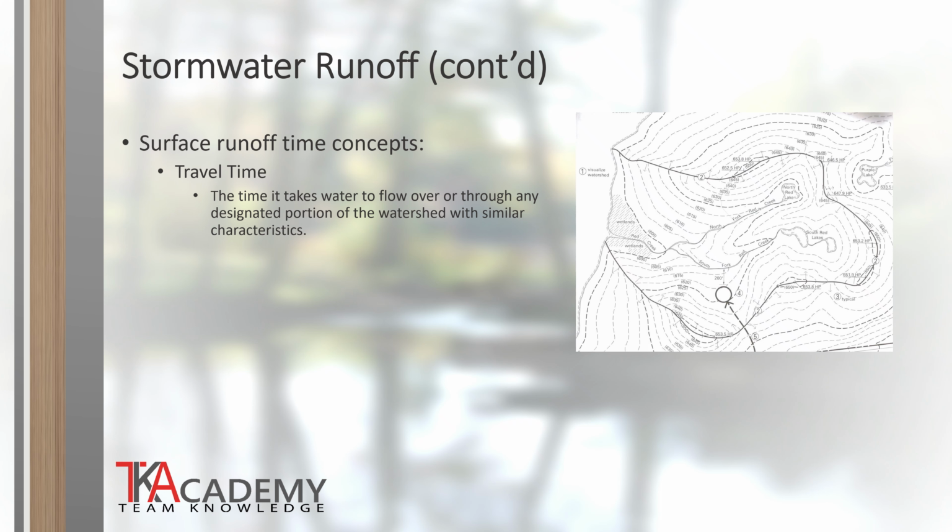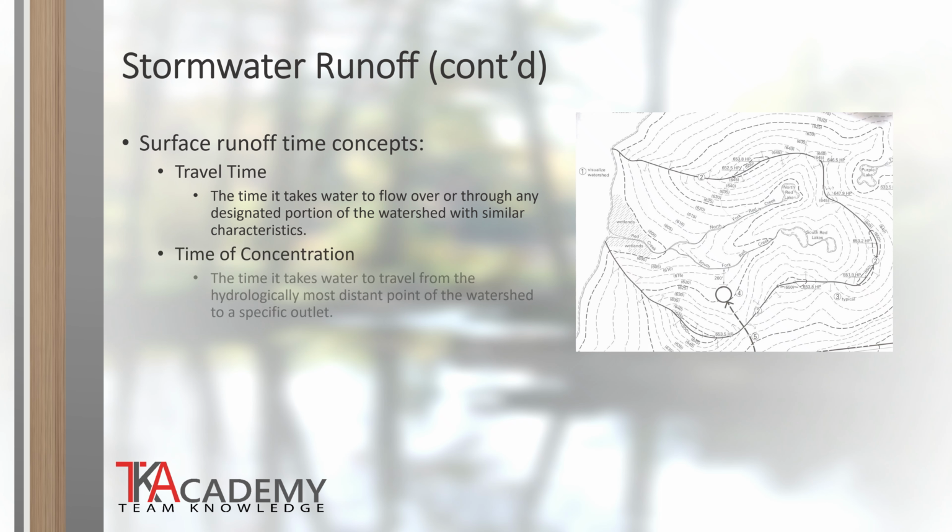Since the surface runoff distances vary across the watershed basin area, this will affect the travel time it takes for that surface runoff to reach the point of gathering or discharge. The amount of surface runoff reaching the point of discharge will begin mild at first, but then will grow in intensity. That point where the watershed basin is shedding the maximum amount of surface runoff to that point of capture or discharge is called the time of concentration.